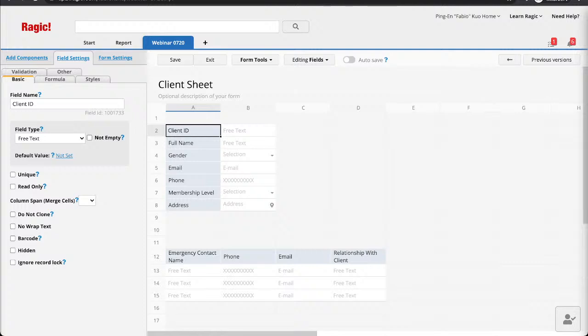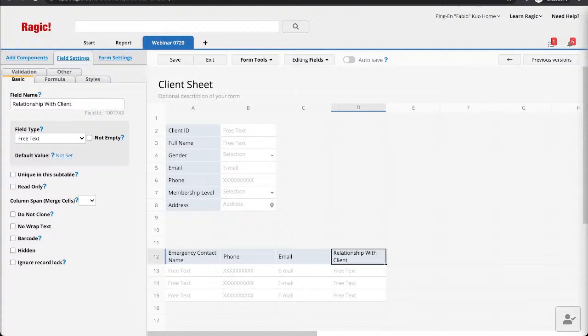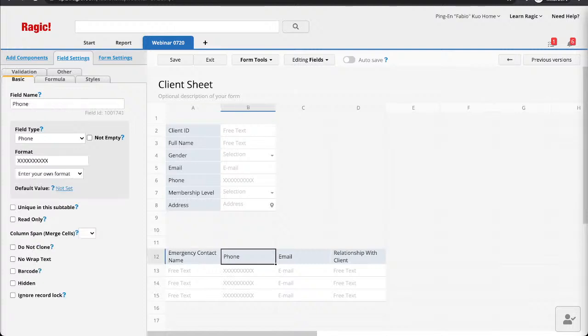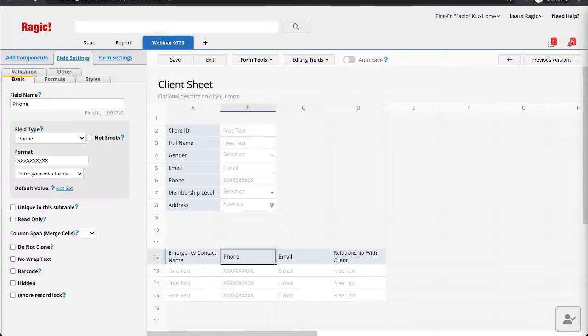However, for these types of fields, which are subtables, the field header will always be on top of where users will be entering values. And if you'd like them to be in one subtable, the fields have to stick with each other. And this is basically how you're going to be creating subtable fields.